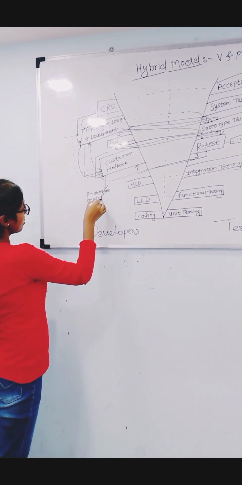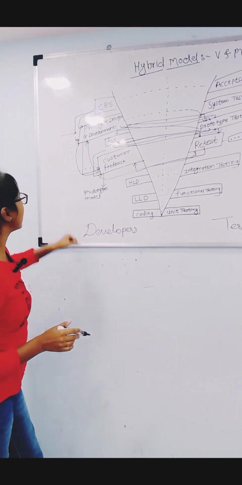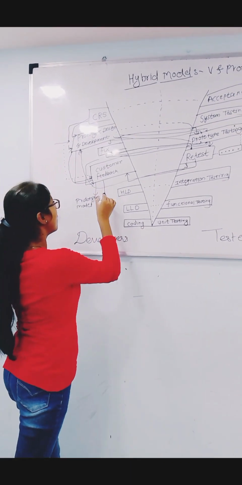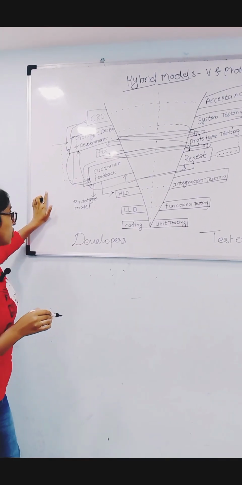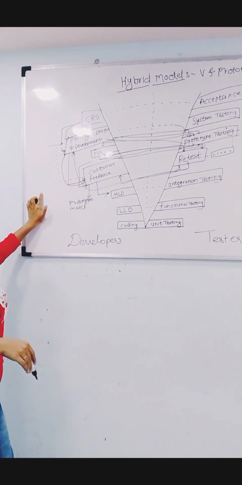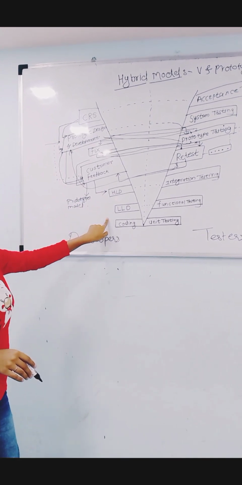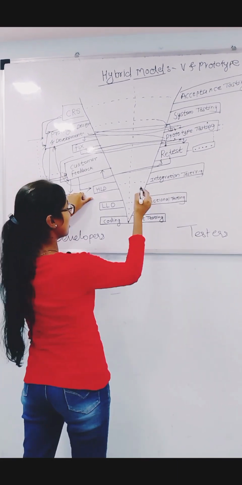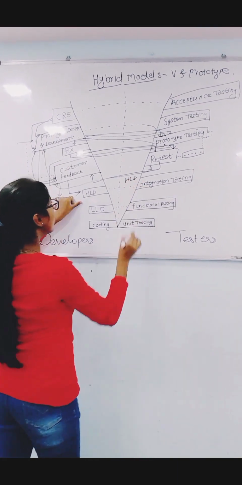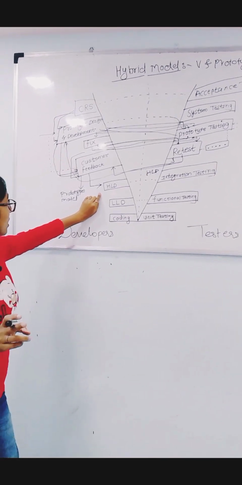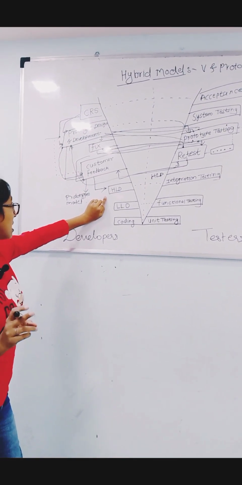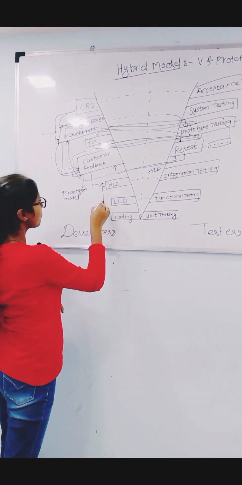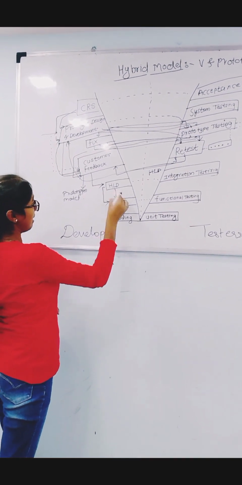Once the customer gives approval for the prototype model, this phase is for the prototype model, that is the dummy model. Now in this way we will start the actual model, that is HLD. HLD is the high level design. When the HLD is ready, the same HLD is given to the developer as well as the testing team. The tester performs testing on the HLD. Testing on HLD means what? Review the HLD, write the test cases for the HLD, and write the test plan for the HLD. When the tester finishes testing on the HLD, the developer also finishes conversion of HLD to LLD.